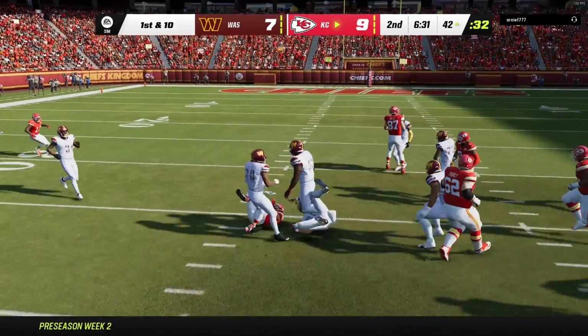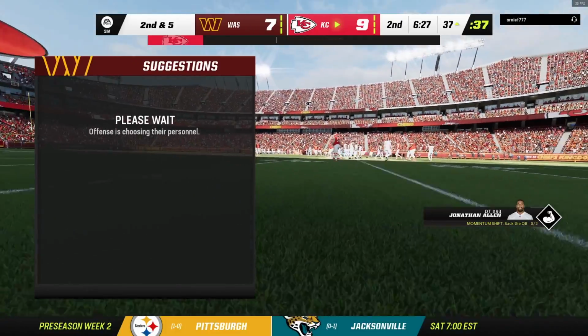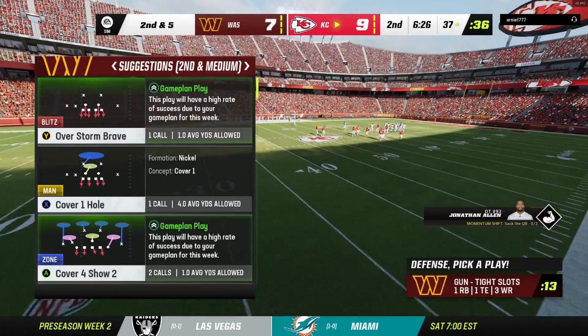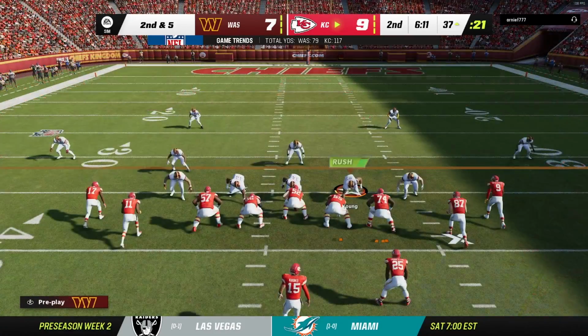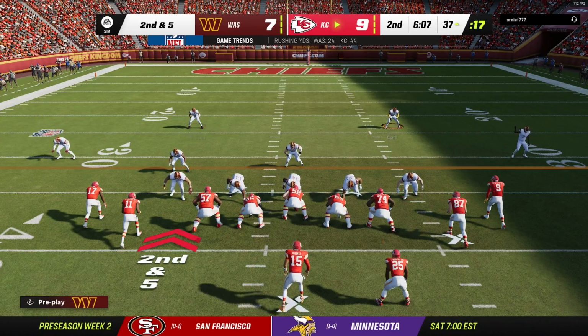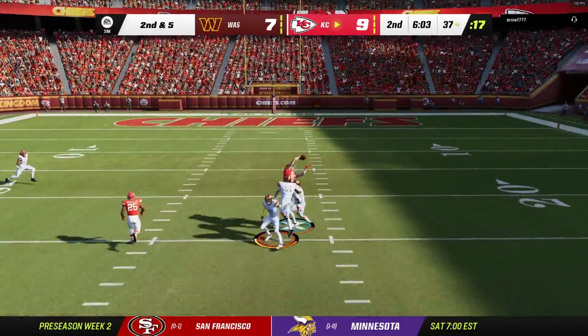Edwards-Helaire as they run out of the gun. And he'll get it down to the 37. Montez Sweat with a tackle. Brandon, 5 yards on that run. Let's get back to the huddle and make sure if you're back, you spend time with your offensive line and give them credit. Hard to move those 300-plus pounders at the line of scrimmage, and they did for a significant